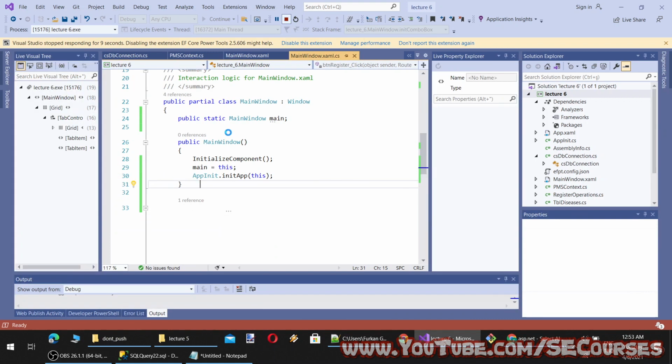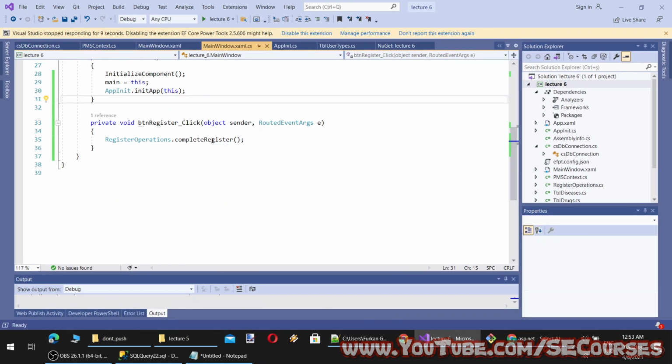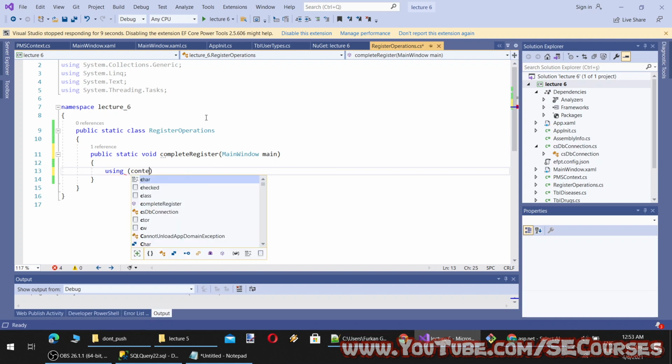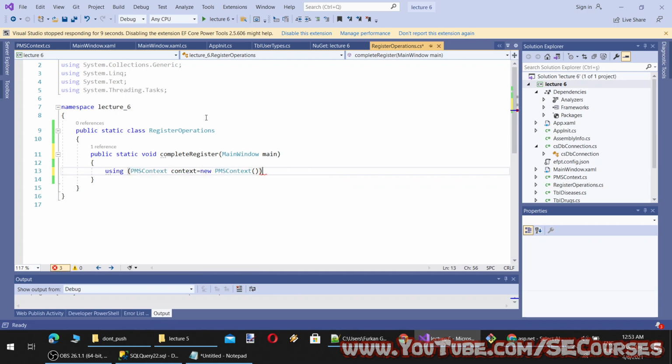So now we need to take also main window as a reference. This is just simply passing the reference of the main window instance. Okay, and here we are going to use the PMS context. Okay, simply we are going to set values and then add a record.